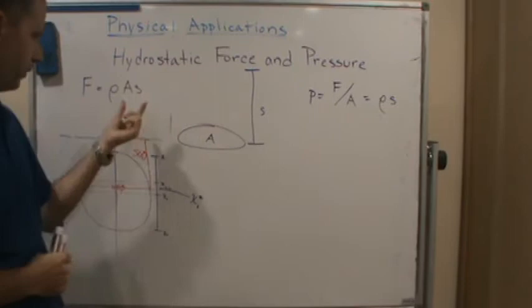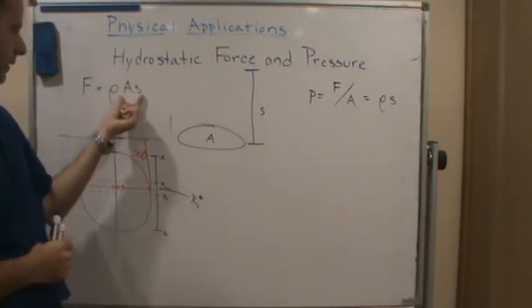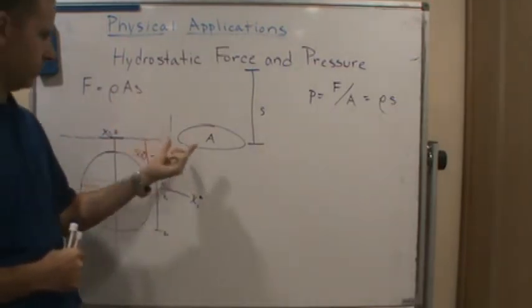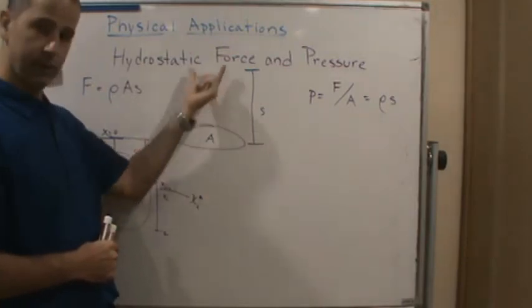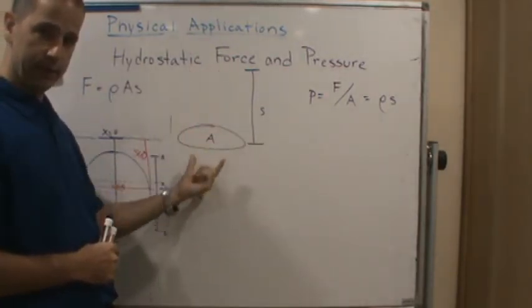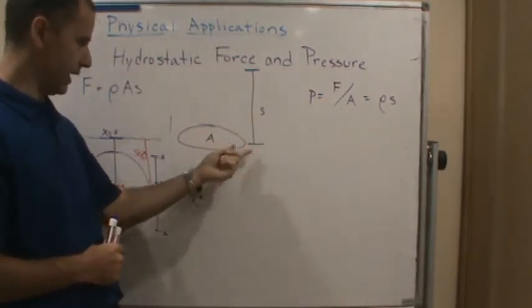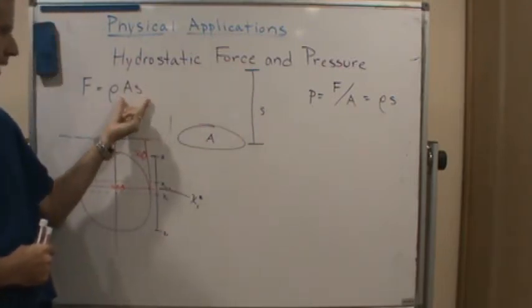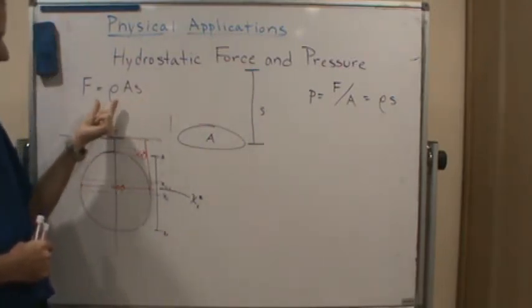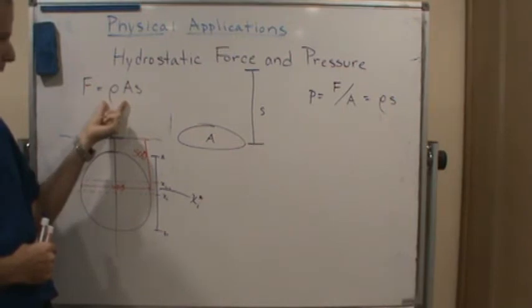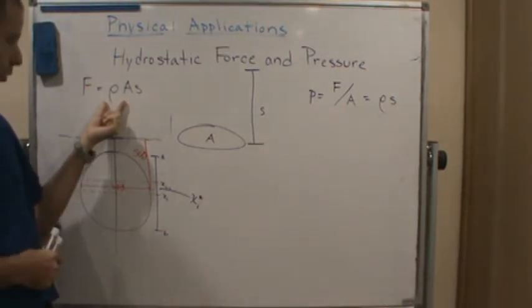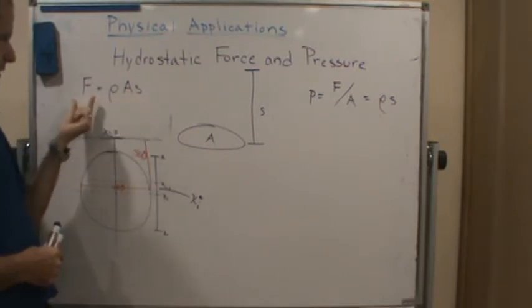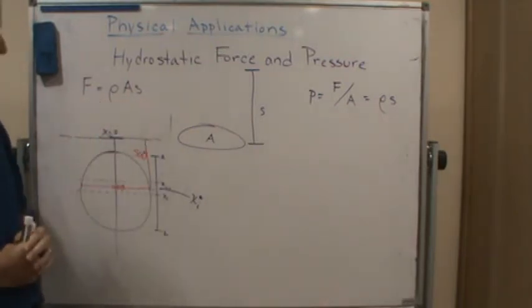The depth that it's under. So we find the volume of water, right? So it's the volume of water that's right above the area. So it's the area times the depth. So we get this volume, right? And then the force is going to be, we multiply by the weight density of the fluid or water. And so that gives us the hydrostatic force on the